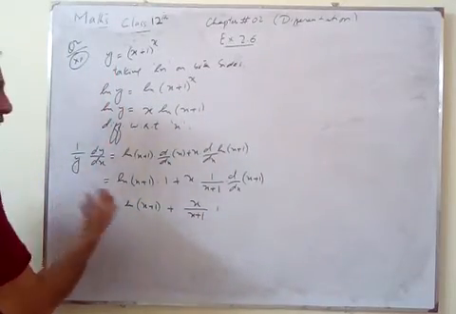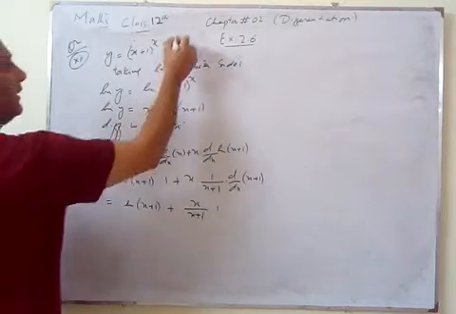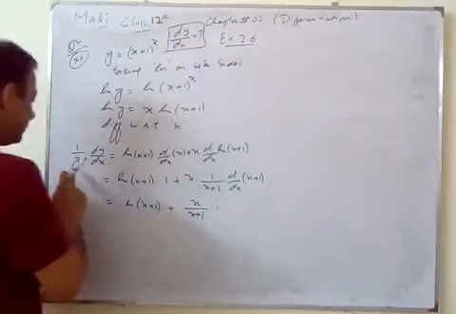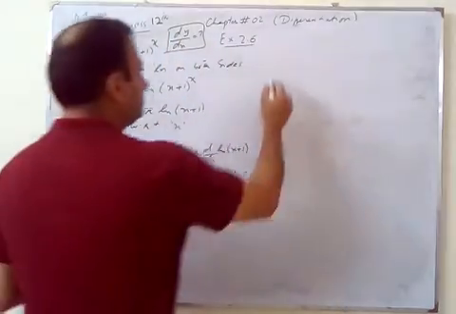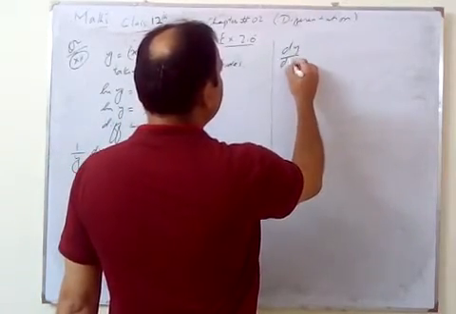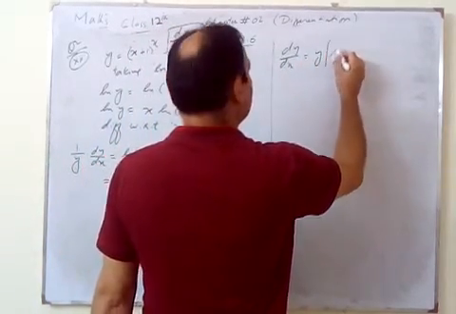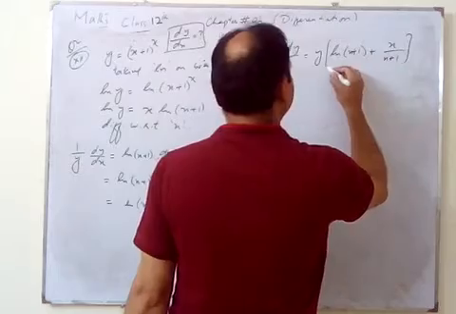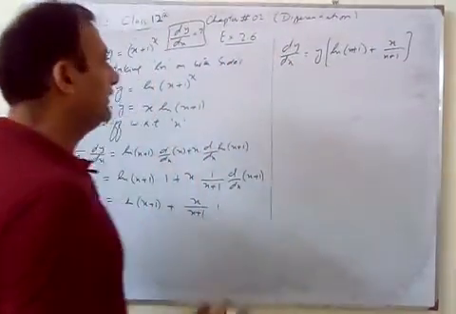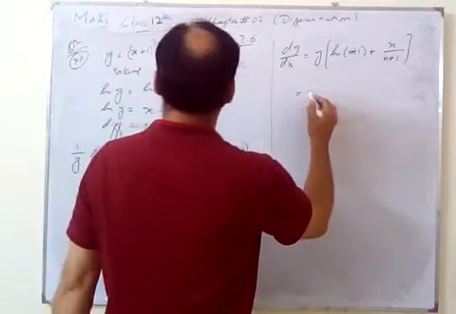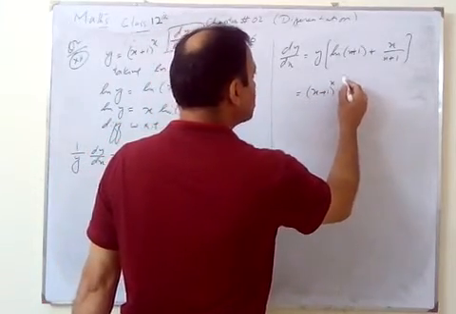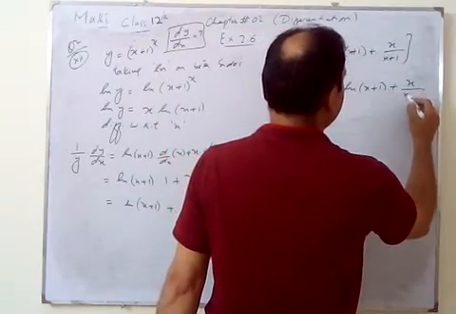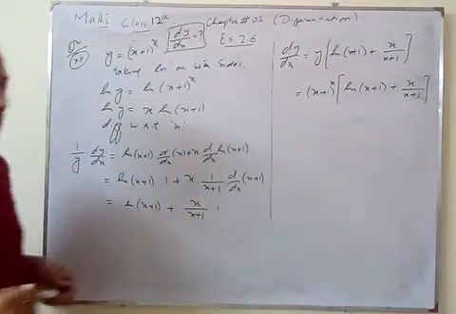Next, this y we have to shift. We have to find the value of dy by dx. So take this y from left to right. So we have dy by dx is equal to y into log of x plus 1 plus x divided by x plus 1, and use the value of y: x plus 1 whole power x, times log of x plus 1 plus x divided by x plus 1. So which is our required answer.